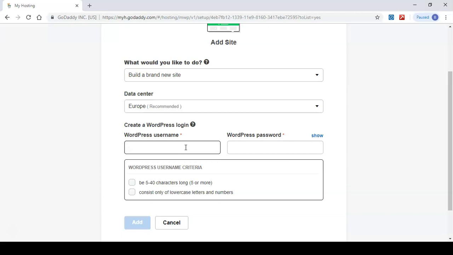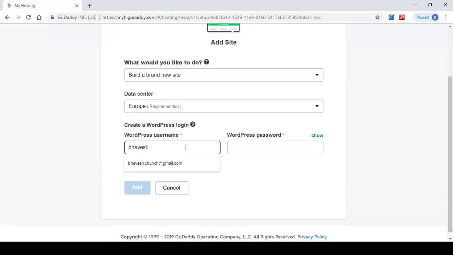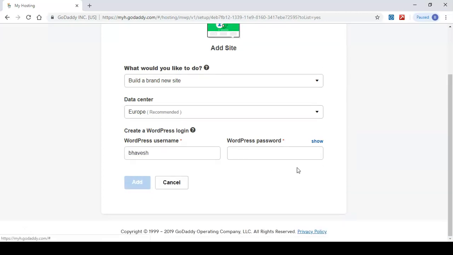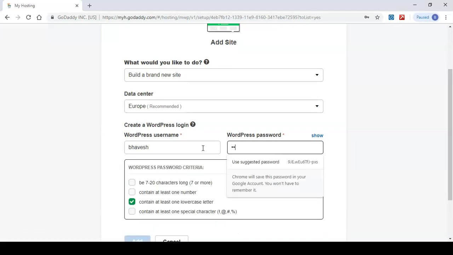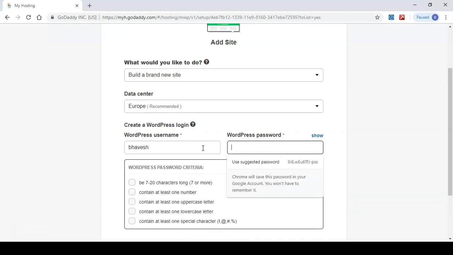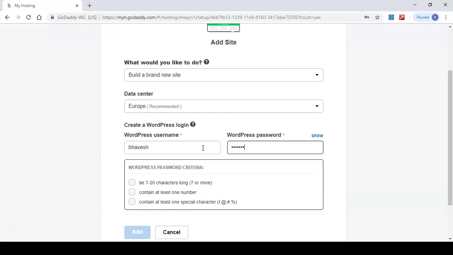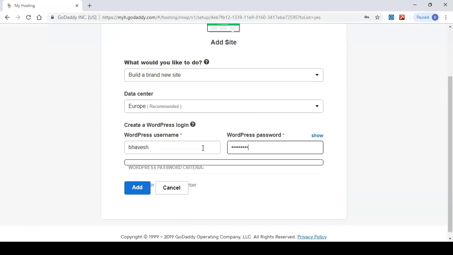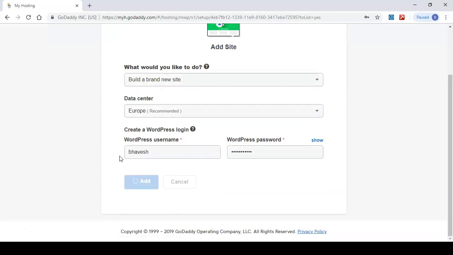So I am going to enter username as my name and password. And click on add.